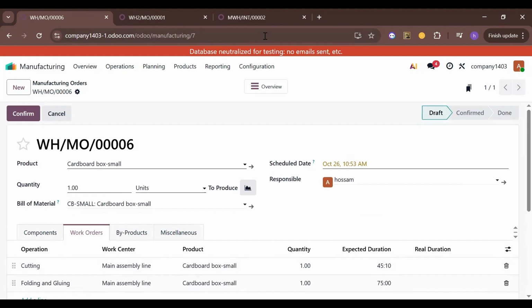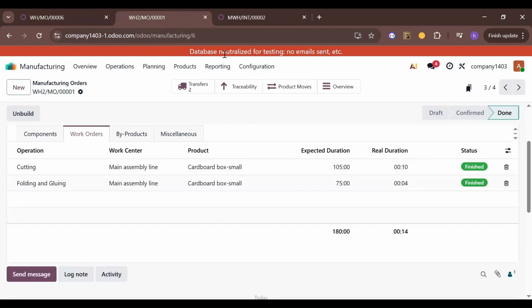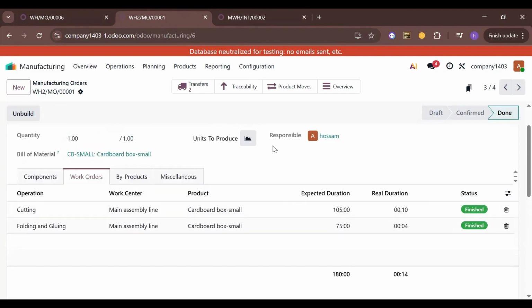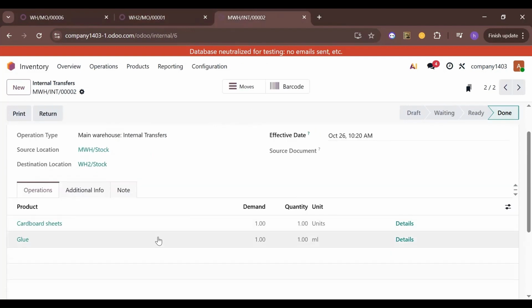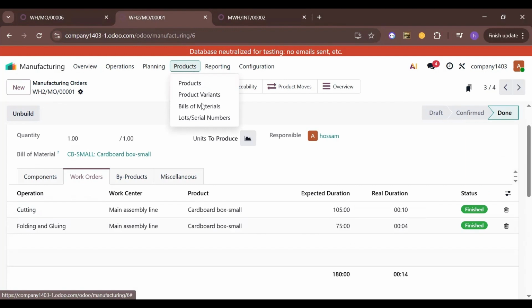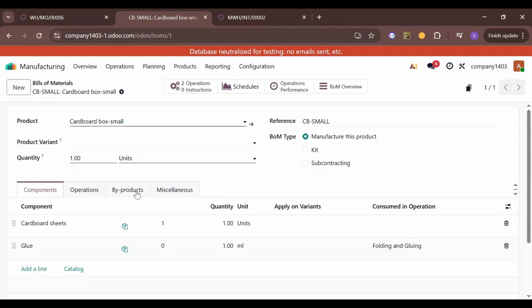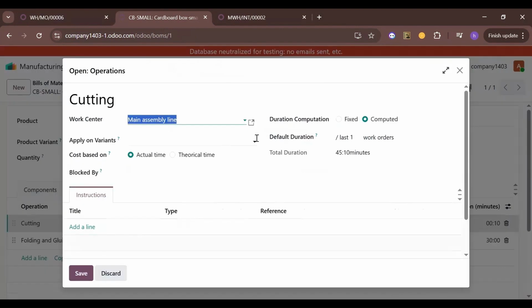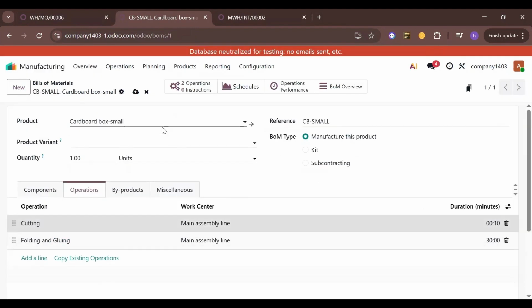Okay, great. What else can we do now? Let's change this again. No, not this one. The bill of material. And in the operations tab here, I'm going to change this again to, for example, the last 2 work orders. Now when I click save, and again save this bill of material settings,